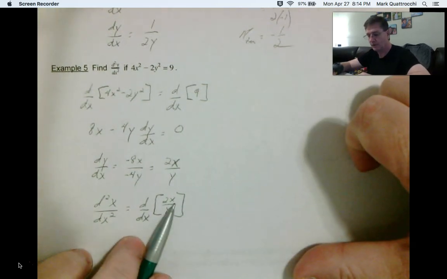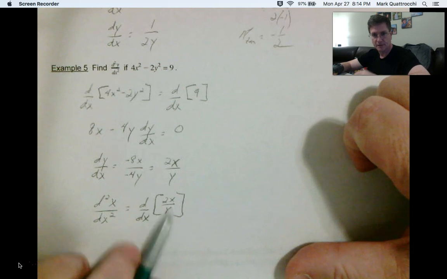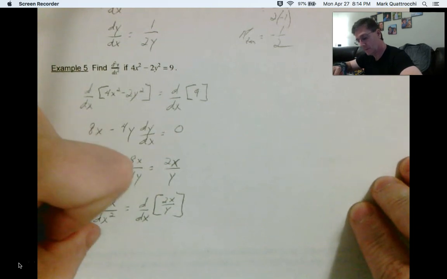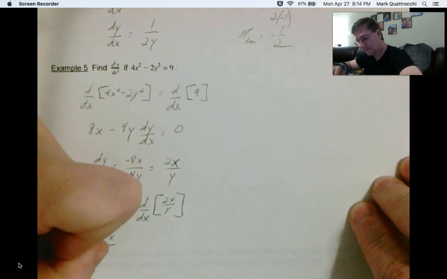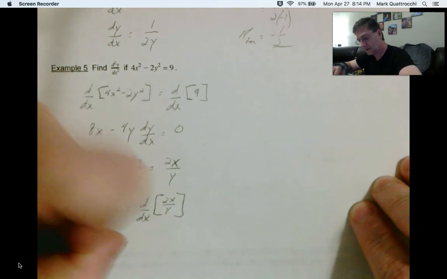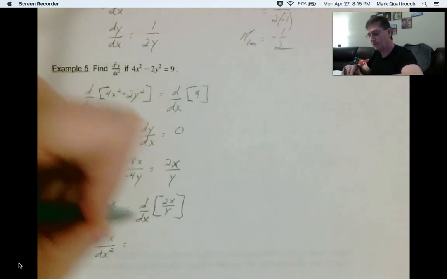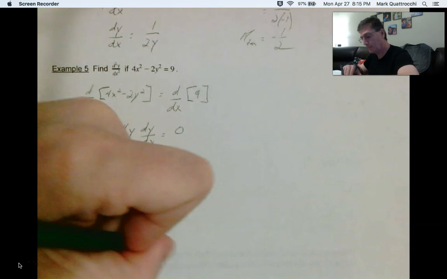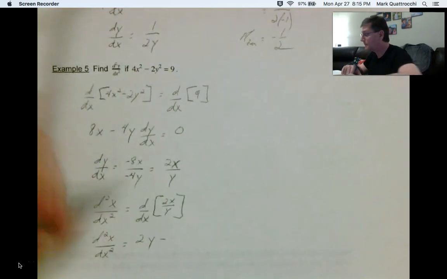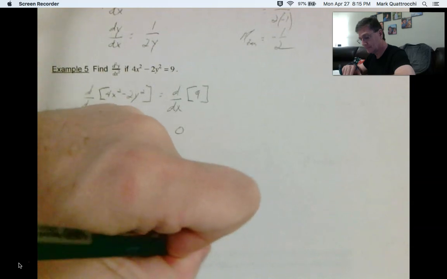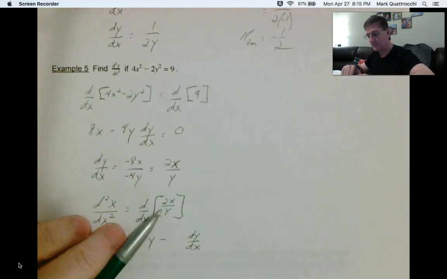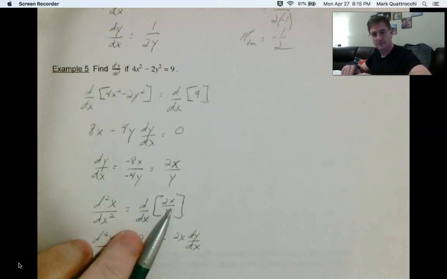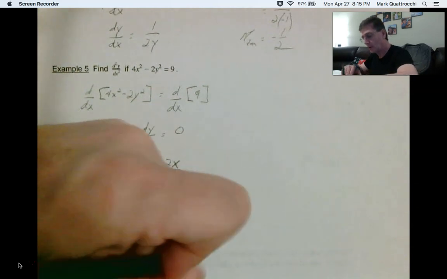Now I could bring the y up to make it a negative y and use the product rule, but I'm going to use the quotient rule. So d2y/dx2 equals derivative of the top, 2, times the bottom, y, minus derivative of the bottom, dy/dx, times the top, which is 2x, and I'm going to put the 2x out in front just because it's cleaner this way, all over